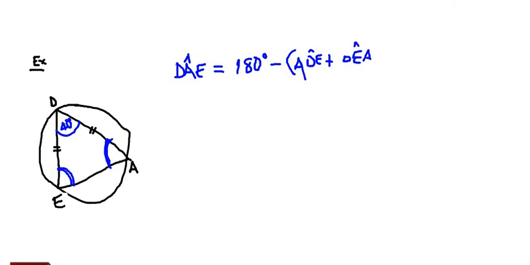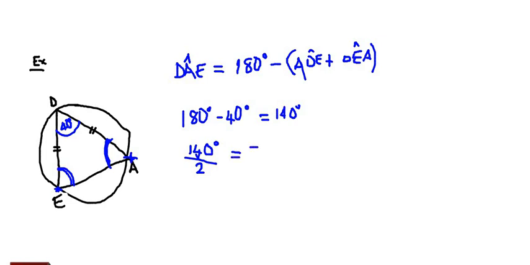Okay, that is just the interpretation, but of course we know that the angle at E and the angle at A are equal. So we simply take 40 from 180, so that we get 140. Then we divide the 140 by 2, because DAE is equal to DEA. Those two angles of an isosceles triangle are equal. So we have 70 degrees, which means